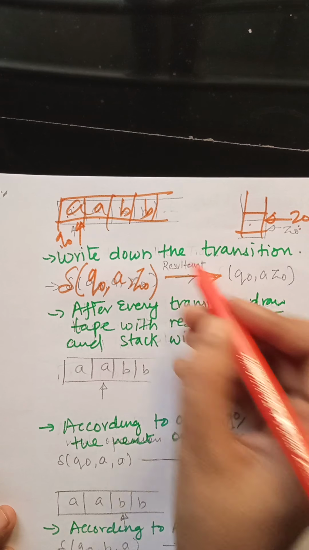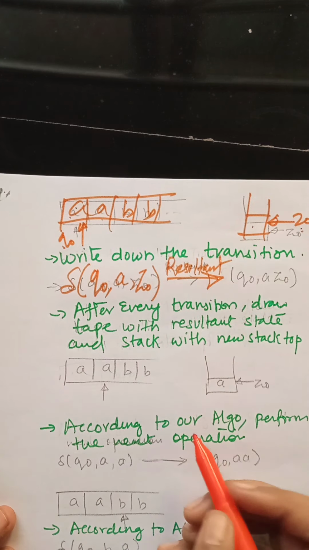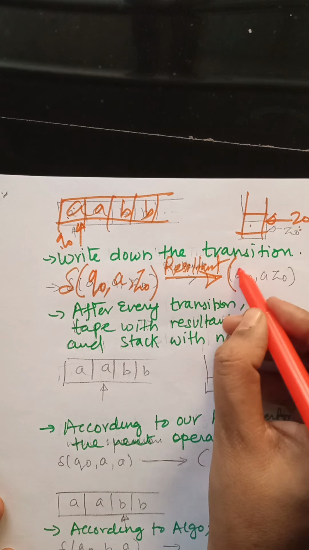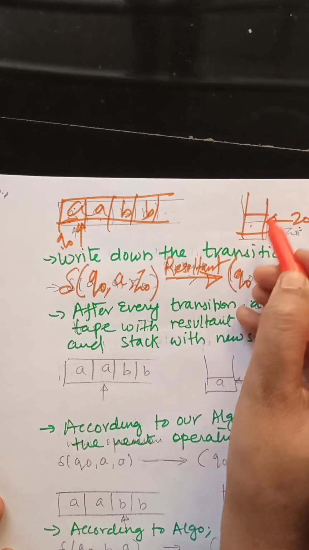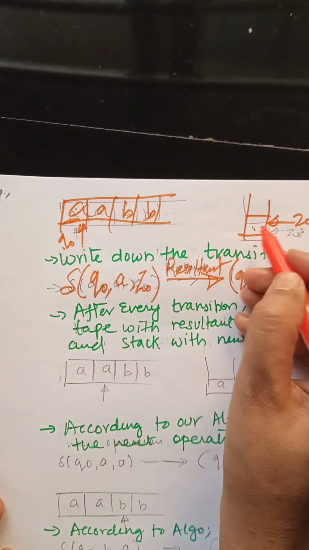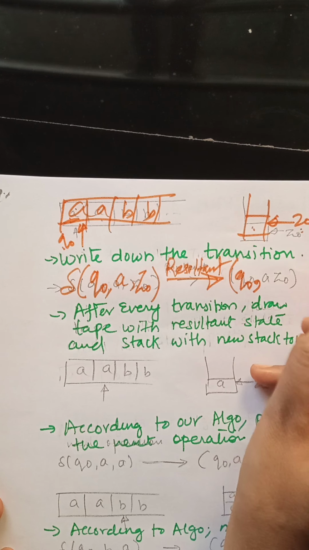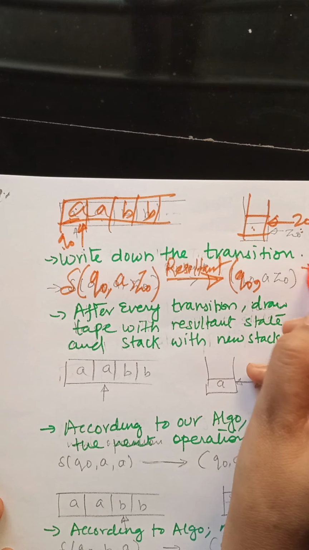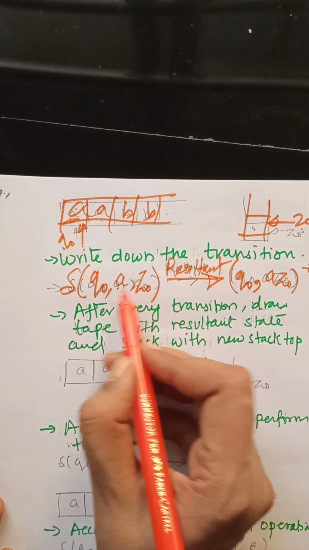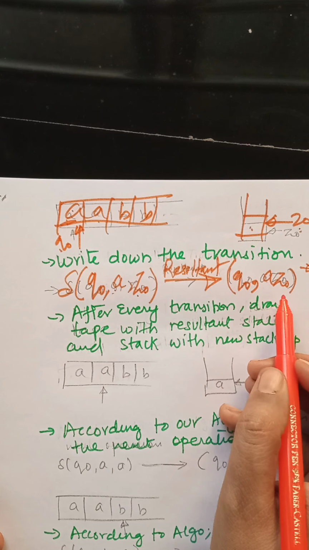Now we are going to write the resultant one. So here we are going to write the resultant state. Okay, so what will be the resultant state? Suppose we are not changing the state, but I want this A to be transferred here. So comma, and after putting A, how will this stack look? It will look like A and Z0. So we have to read in this manner, A and Z0 together. So whatever we are writing here, the same we are going to copy here in case of push operation.